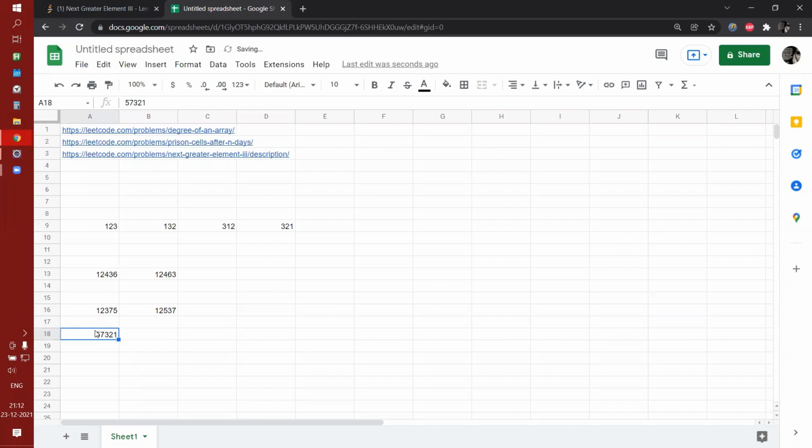Now when we start iterating this array, I consider 5 and iterate towards 1. 7 is greater than 5, so we don't swap. But 3 is less than 5, so we swap 5 and 3, and then we reverse the number again, so the resultant number is our next greatest answer.